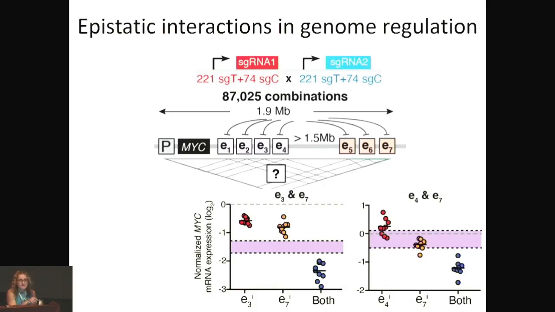and one from this region, the reduction in the expression can no longer be explained by an additive effect. So there's an interaction effect between the enhancers from these regions. So if you knock out E3, that's what you get. That's the reduction in expression. E7, that's the reduction. If you knock out both, now you observe a reduction that's much larger than you would have expected under an additive model. Okay. So this made us